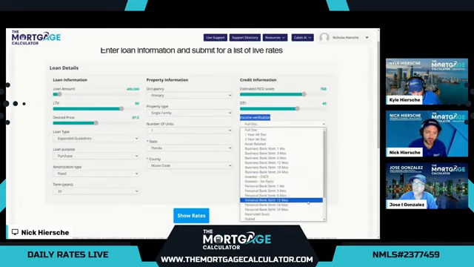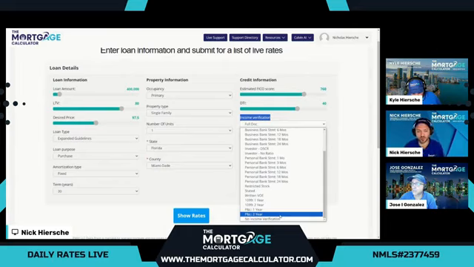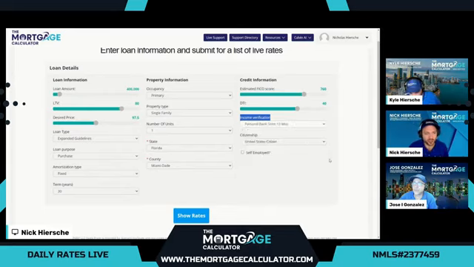Personal bank statement 12-month is what we use for the demo. That's the most popular by far. We also have RSU, stated, VOE, 1099, and P&L, which is our topic for today. So Jose will show you a few different options within here when he selects these options. But for the demo, as we do every day, we'll select personal bank statement 12-month as the most popular option